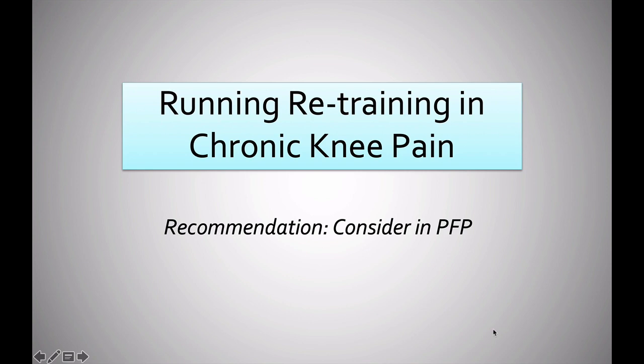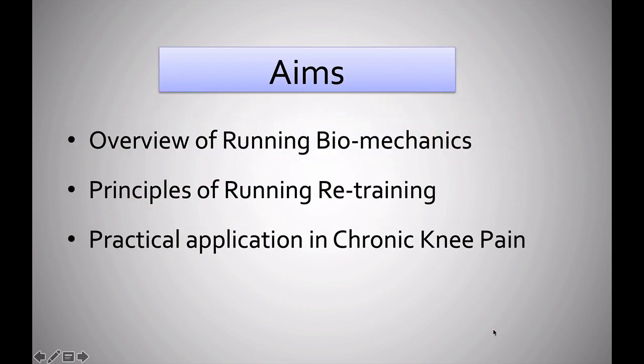intervention. So it's looking into the overview of the biomechanical principles in running retraining, and the practical application of running retraining for common patellofemoral running related knee injuries such as patellofemoral pain, and we'll be using video analysis case studies to illustrate running retraining. So that will be our key aims here. So looking at the biomechanics principles and practical application using case studies, which is one of the best